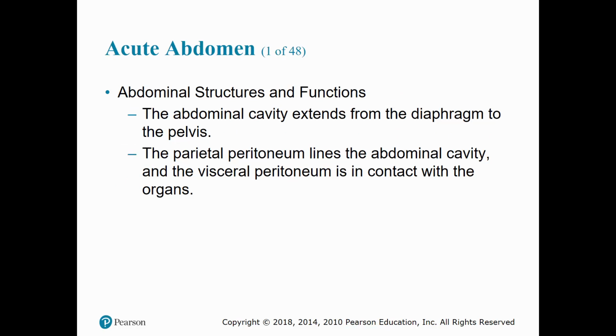Okay, without further ado, let's have an introduction of our abdominal structures and functions. The abdominal cavity extends from the diaphragm to the pelvis, and the parietal peritoneum lines the abdominal cavity, and the visceral peritoneum is in contact with the organs. The kidneys, ureters, pancreas, and abdominal aorta are all considered to be retroperitoneal, which means they're towards the back side